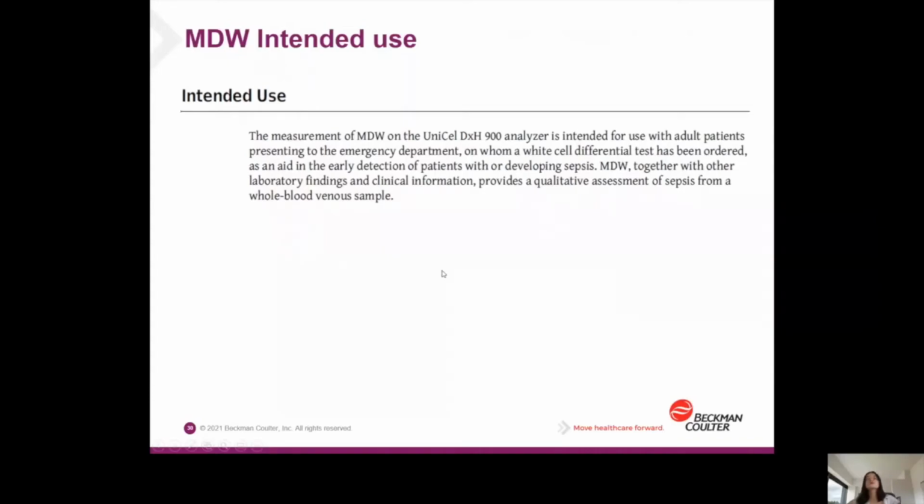So coming back to the intended use for MDW. MDW is an FDA cleared and CE marked hematology parameter. And while there are many hematology parameters out there that have been shown in literature to be used to help detect changes in the white cells, suggesting possible changes in infection status of the patient or sepsis,